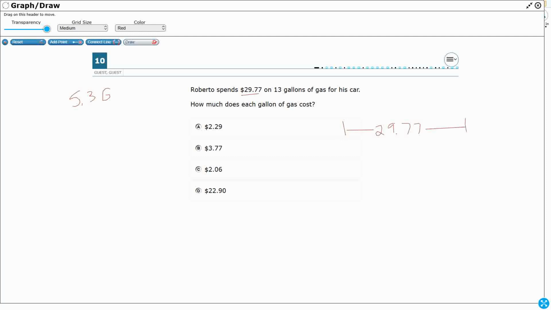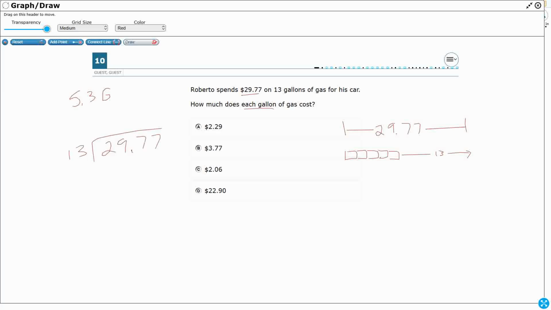So 13 gallons. So what I'm going to do is I'm just going to draw 13 of these little gallons here. Rather than trying to draw all 13, I'm just going to draw that symbol right there to say there's 13 boxes. How much does each gallon of gas cost? Well, I've got equal groups. So when I have equal groups, I can divide. 29.77